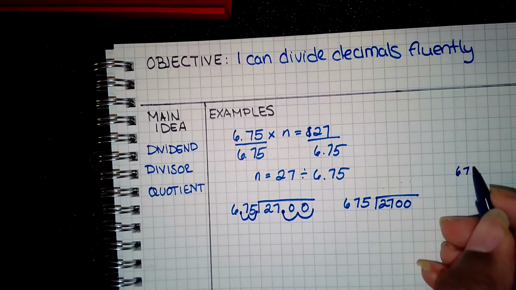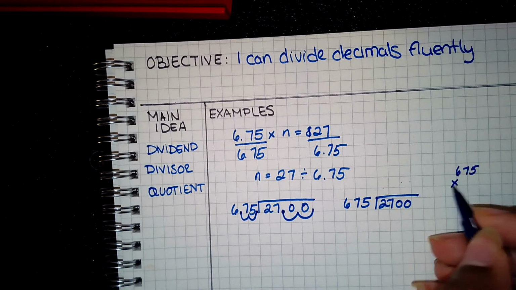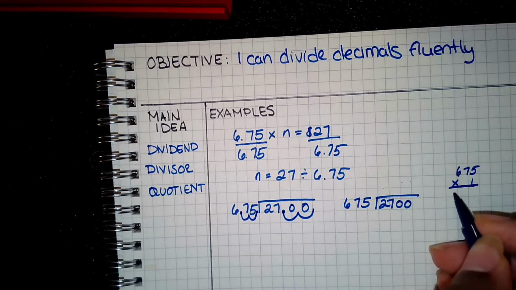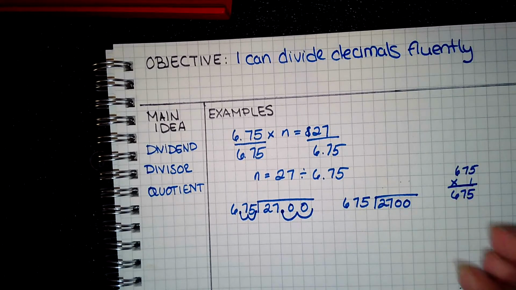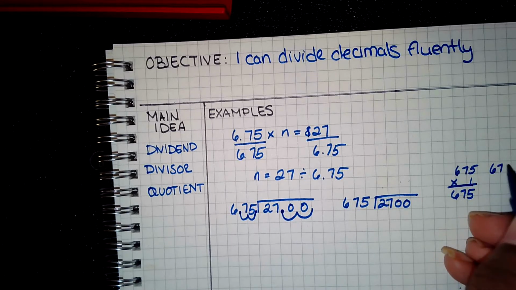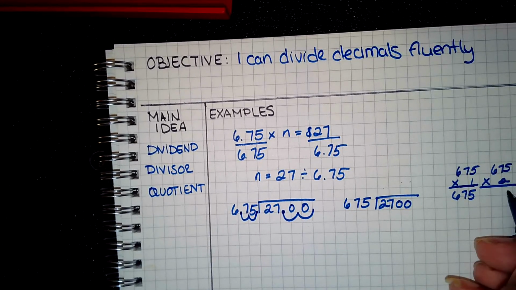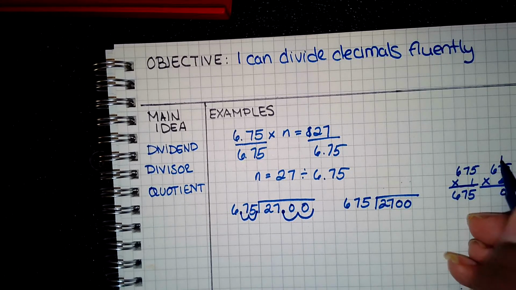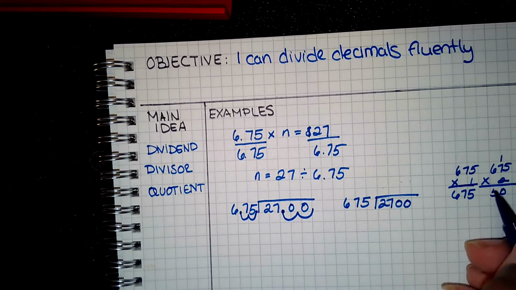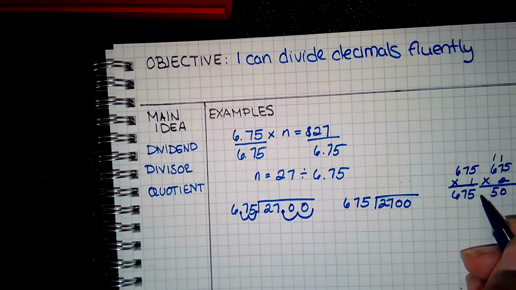So I'm going to do 675 times 1. That will give me 675. Now 675 times 2 will give me 10 times, carry the 1, carry my 1,